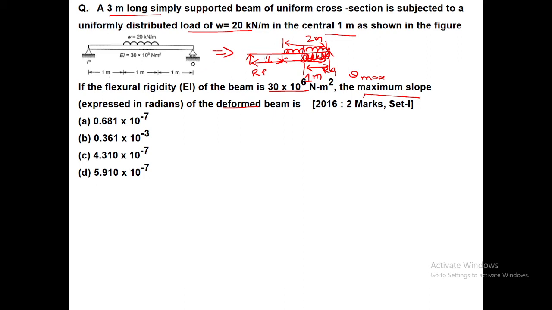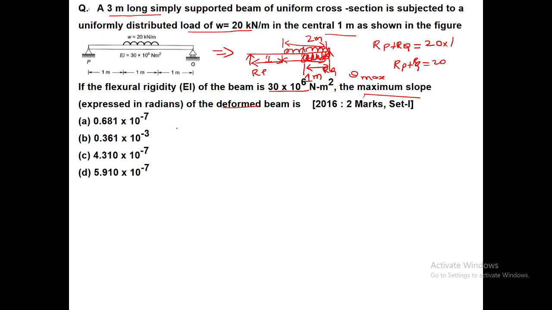So this beam is not continuous from any of the reaction points. So we want to draw the continuity from any one reaction point. So first extend the uniformly distributed load up to RQ, and the bottom side is neutralized, so both are neutralized. First we want to find the reaction force. RP plus RQ equal to 20 into 1, so RP plus RQ equal to 20.